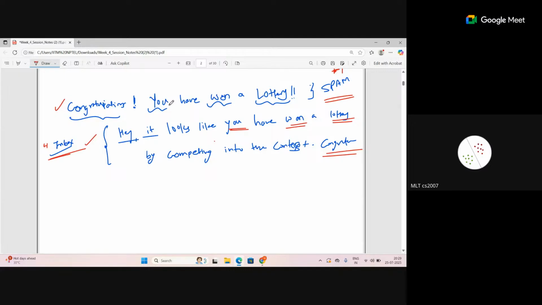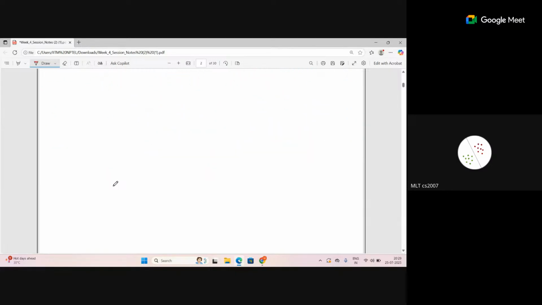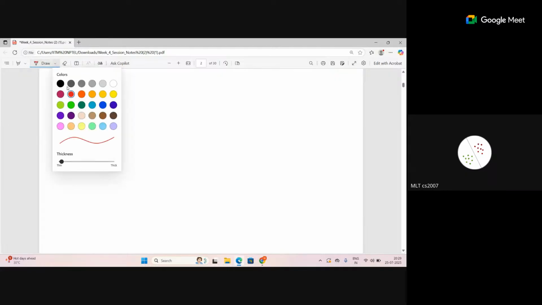So you have a dictionary of words, and can I say that one of those words will appear in the text or it will not appear, right? In one mail it can appear, or in another email it cannot appear. It's not necessary that the word is there in the dictionary, but that word will come to your email. Either it will come or it will not come, right? Only two possibilities are there. Is that understandable? If you are confused with this, let me try to showcase.